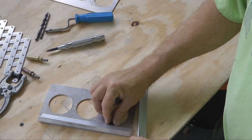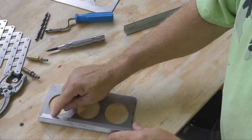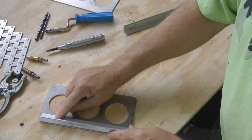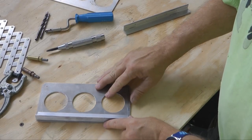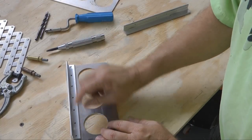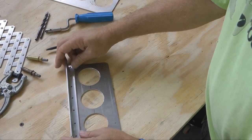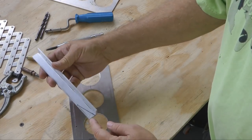As you drill, make sure you cleco as soon as you're finished drilling a hole. That will hold it in place, and once you get a couple clecos in, it makes it a lot easier to go and then drill relatively quickly the rest of the holes. Once that is done, we need to...